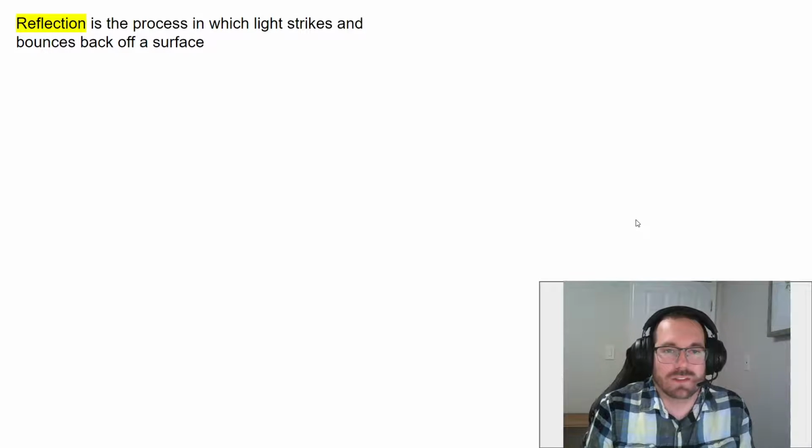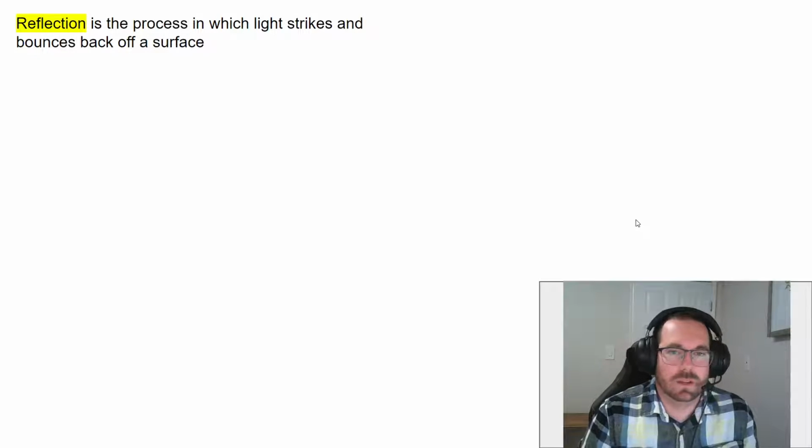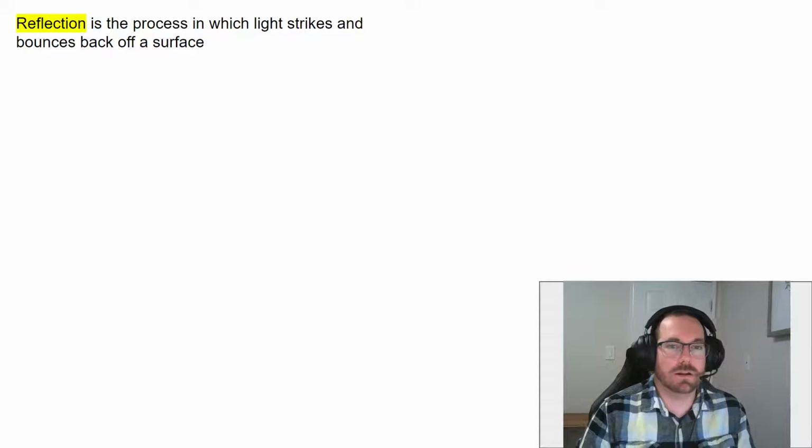When you read the word reflection, you probably think of looking in a mirror, as all of us have done from time to time. But reflection is the process in which light strikes a surface and bounces back off that surface. Light reflecting from a mirror allows you to see an image of yourself. Do you realize that as you read a book, you are also seeing reflected light?